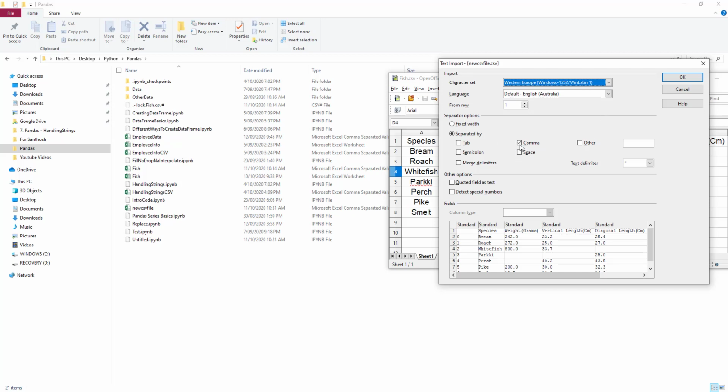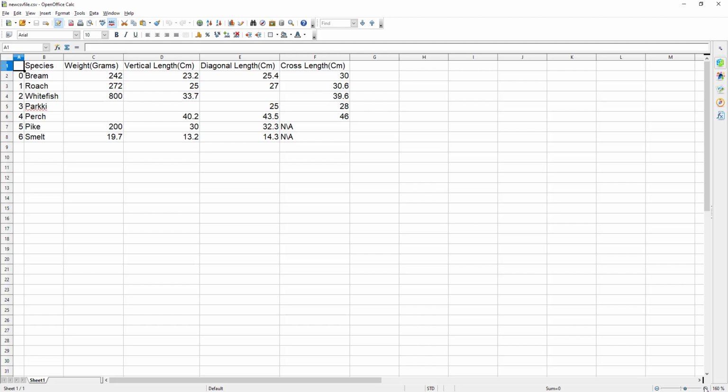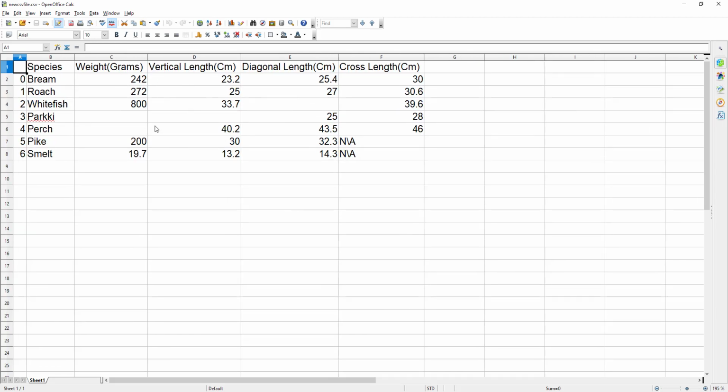I am selecting comma and I am hitting OK, and you can see that the file is created and it has all these values. So whatever was read as not a number, that has values of blank, and in the left you can see that the index has been created from 0 through 6.